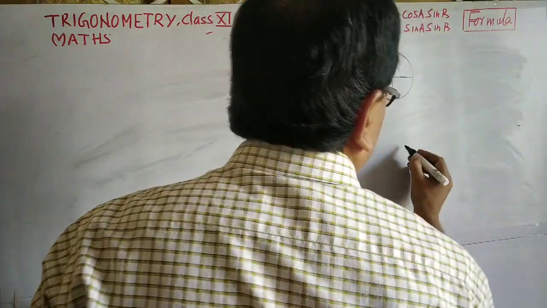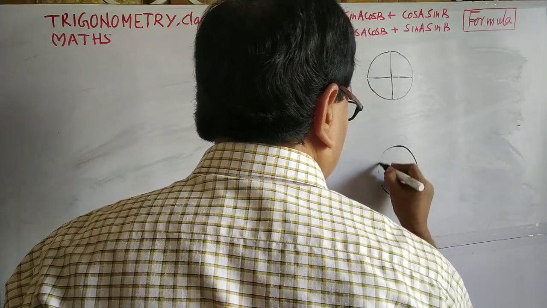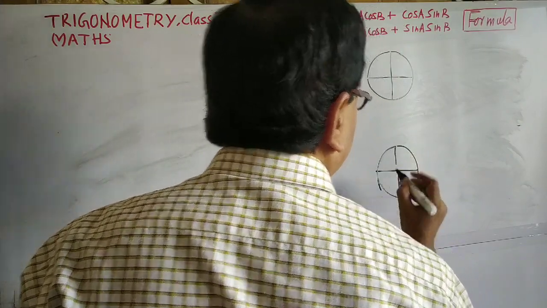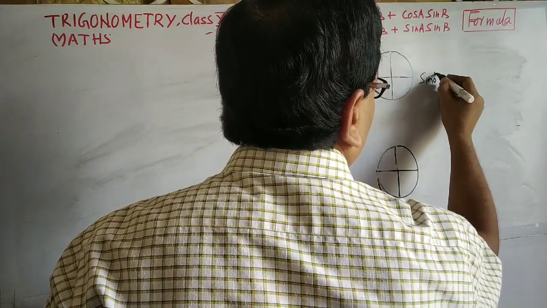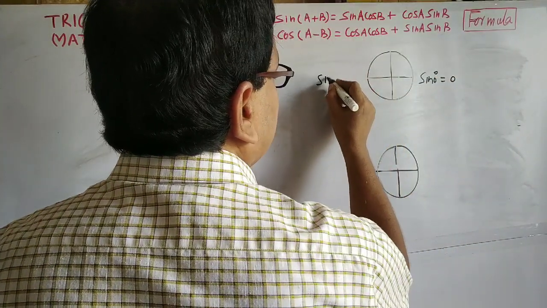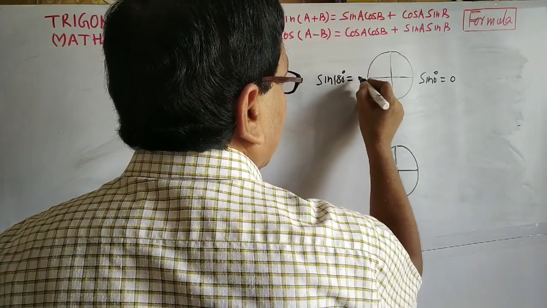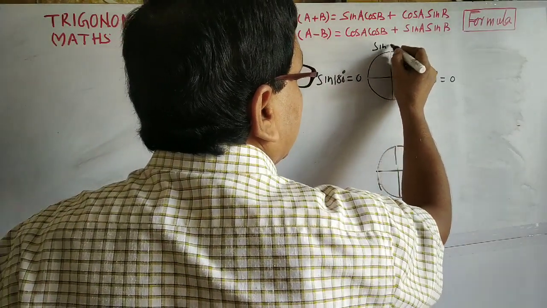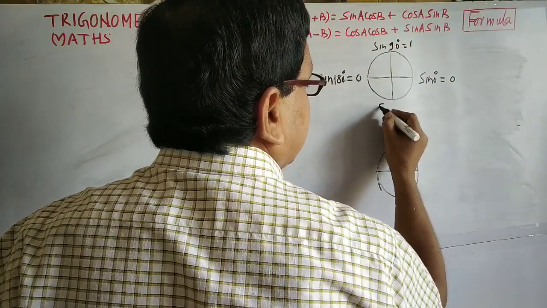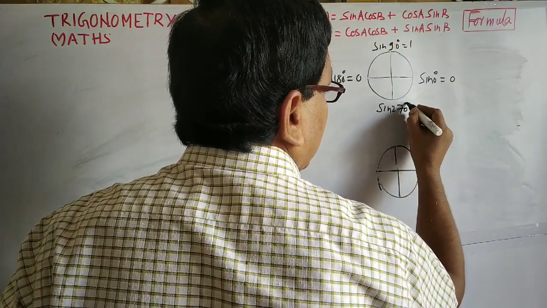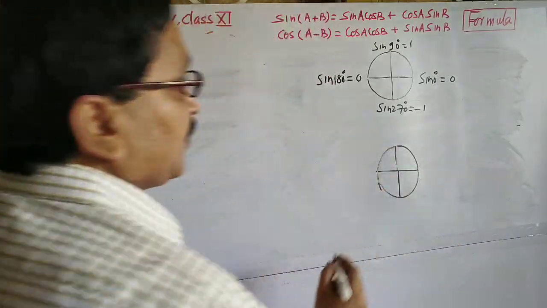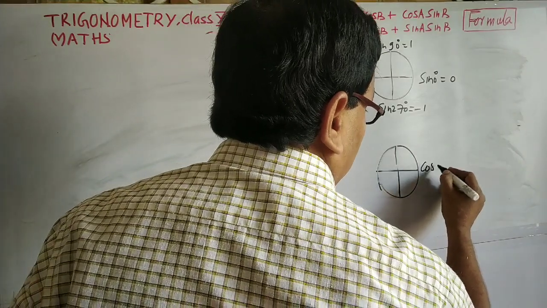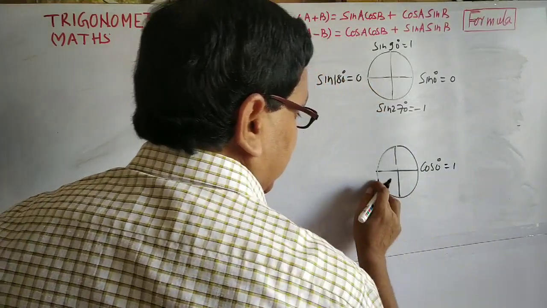And this is a very important thing about sine. Sine 0 is 0, sine 180 is also 0, sine 90 is 1, sine 270 is minus 1. The opposite of 1 is minus 1. Likewise cos 0 is 1, and this is cos